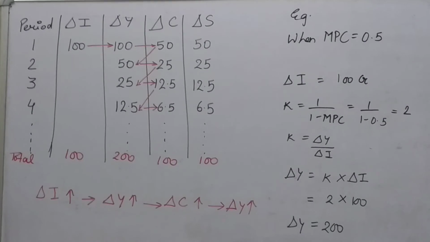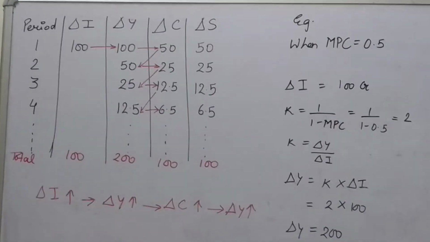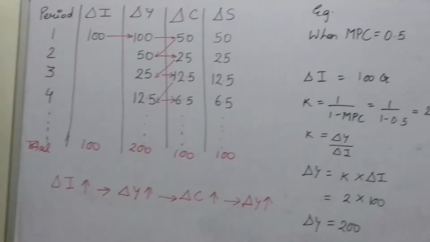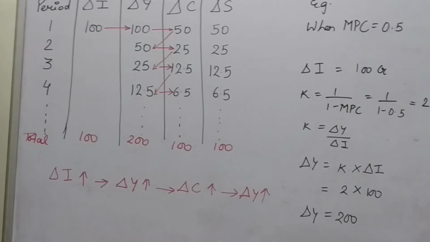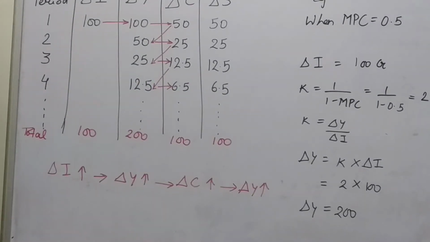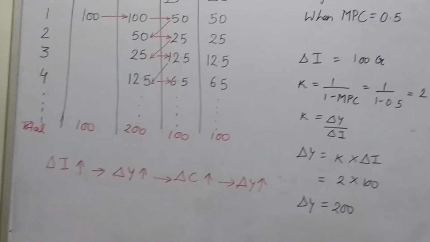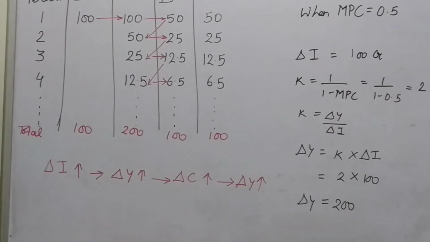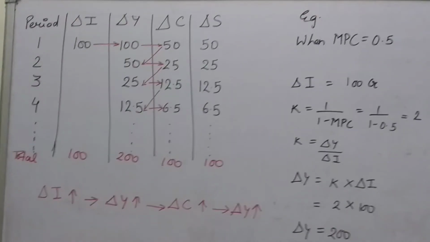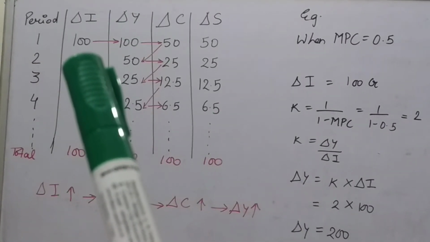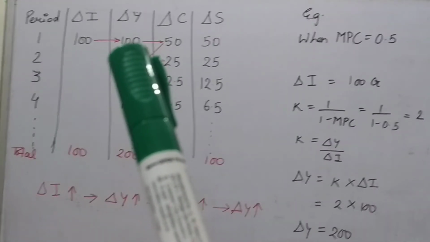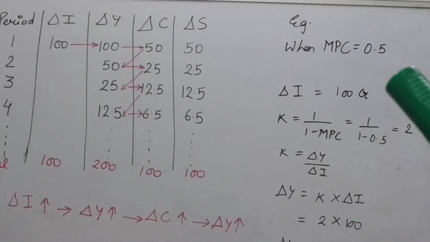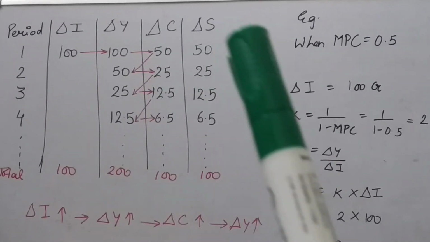Okay, so in this way the investment multiplier works. That means K always denotes how much there will be a change in the income if we make some change in the investment, or multiplier always explains how many times the national income increases as a result of an increase in the investment. So if the first time 100 crore rupees investment is done, on that time income is 100. And if MPC is 0.5, so 50 crores is consumed and 50 crores is saved.